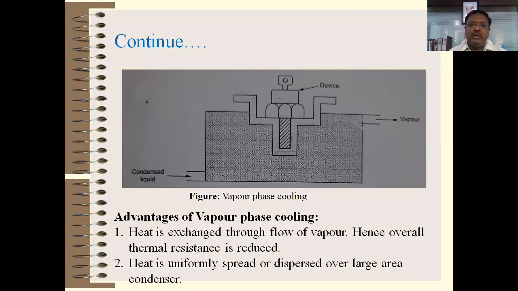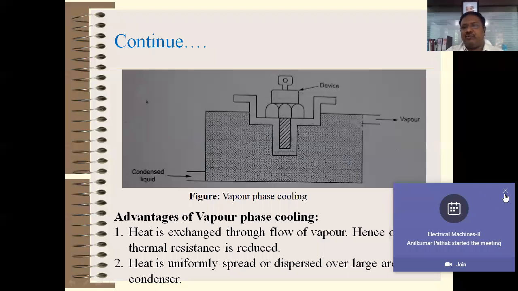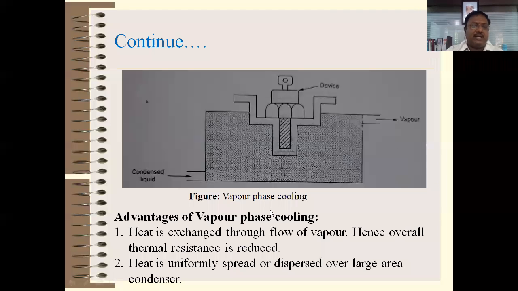So this vapor phase cooling is very ideal and useful, and has a lot of advantages. But there is one disadvantage, that is, a condenser is required to convert vapor to liquid. And a specific coolant is required, right? You cannot use any ordinary coolant in this particular system. So a specific coolant and a condenser are required. So the arrangement is complicated and definitely costly, but still the advantage is that the temperature of your device is maintained.